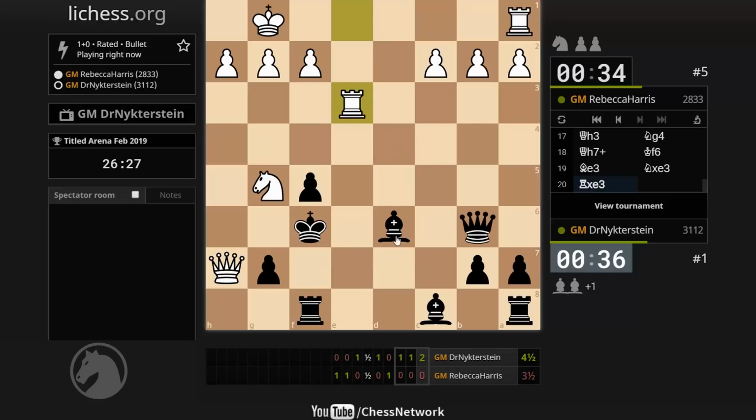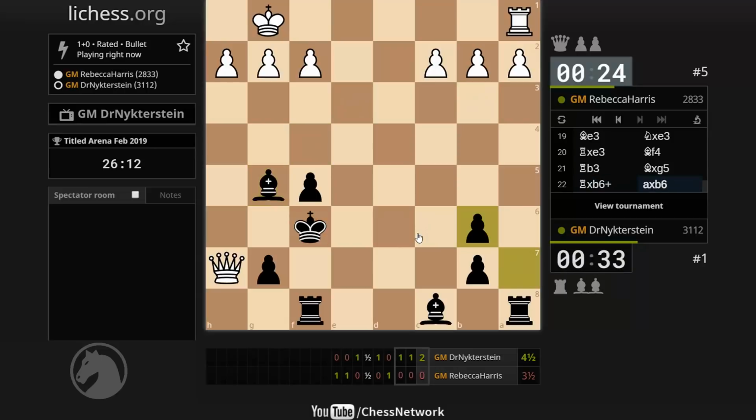Are there any good checks for white? Be very careful. He's getting rid of something. White doesn't have something right here. It's big trouble. I don't see what's there. Oh, he's hitting the queen. He's just going to give up the queen. Yeah, he has